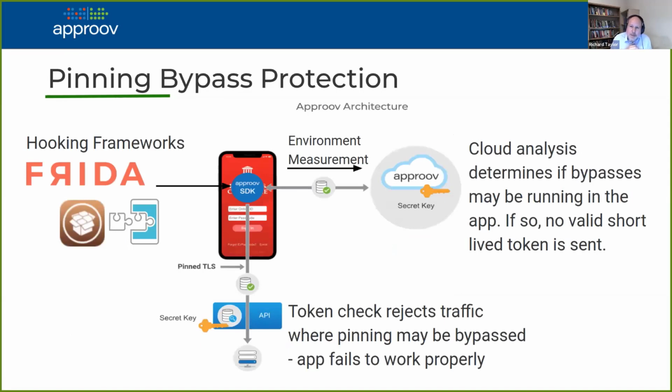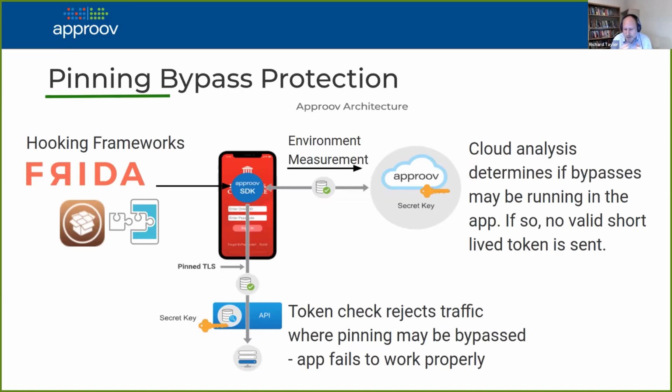One of the other things that Approved does is, because it is also doing this kind of device analysis and app analysis, it also prevents pinning bypass in the way I just talked about. So one pinning bypass, as I said, is that you could modify the app to change the pins. That is actually detected because part of what Approved does is looks at the integrity of the app. And the other method is that you could use some kind of hooking framework. That's also detected because we are looking for hooking frameworks that are running in the environment.